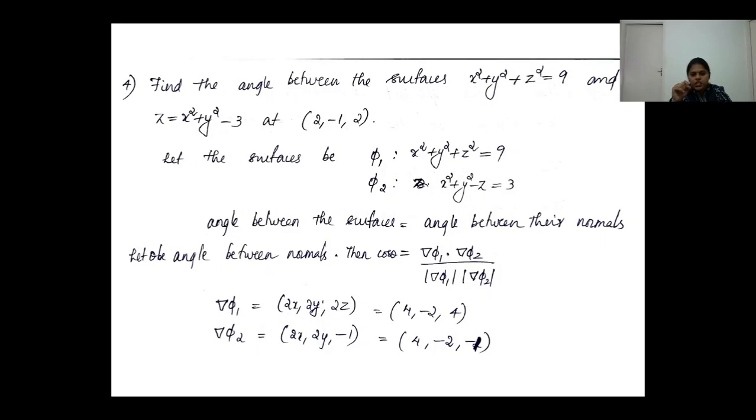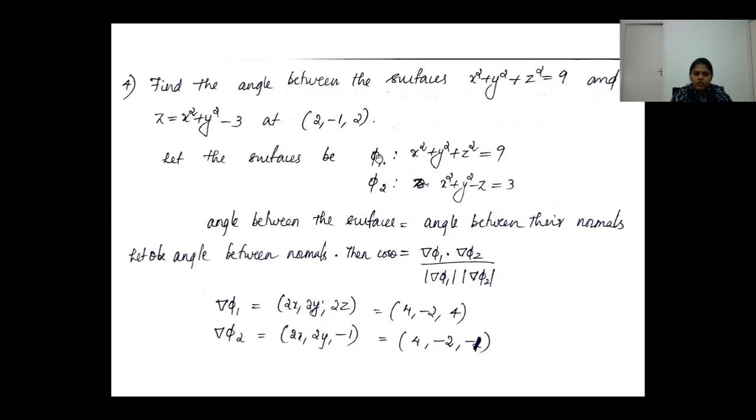when you have two vectors, del phi 1 dot del phi 2 will be equal to mod del phi 1 into mod del phi 2 cos theta by the dot product. Okay, so cos theta will be del phi 1 dot del phi 2 by mod del phi 1 mod del phi 2. So theta will be obtained as cos inverse of that ratio. Okay, so that's how you find the angle between the two surfaces. So the angle will be same as the angle between the normals to the surface.